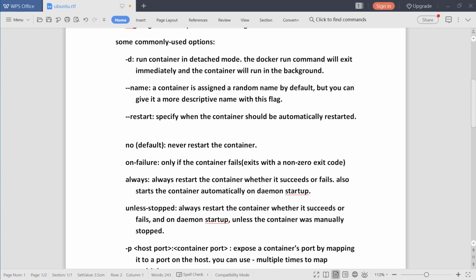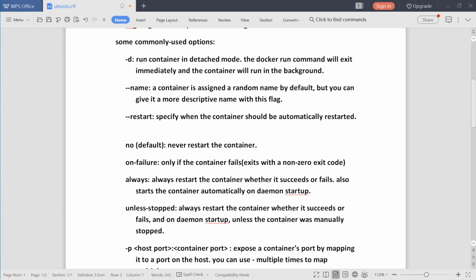If the container is successfully running or fails, it will always restart again and again. It also starts the container automatically on daemon startup. If we stop the daemon and start the daemon again, containers will automatically restart using this always option.